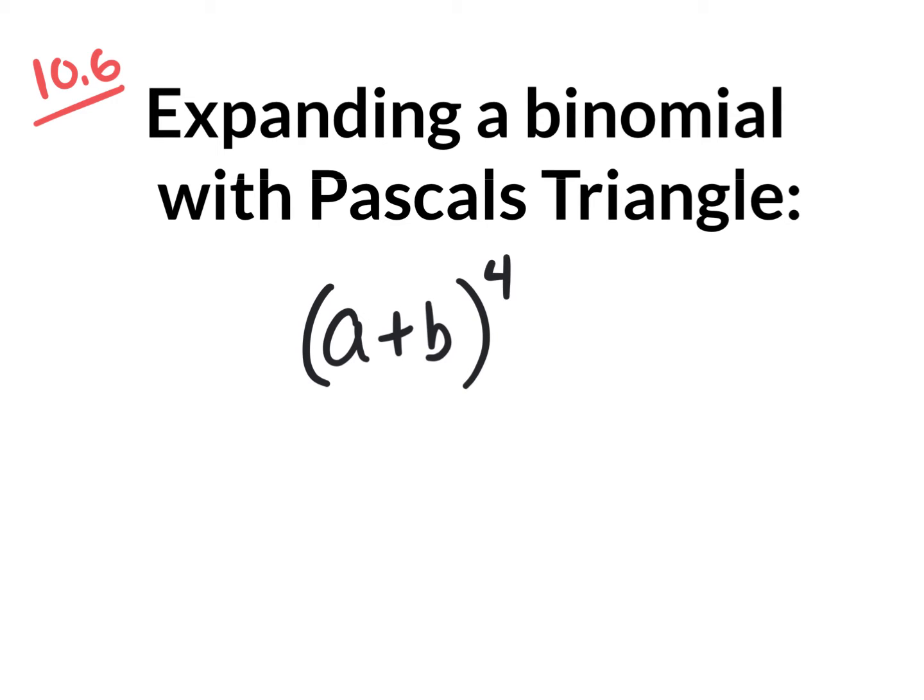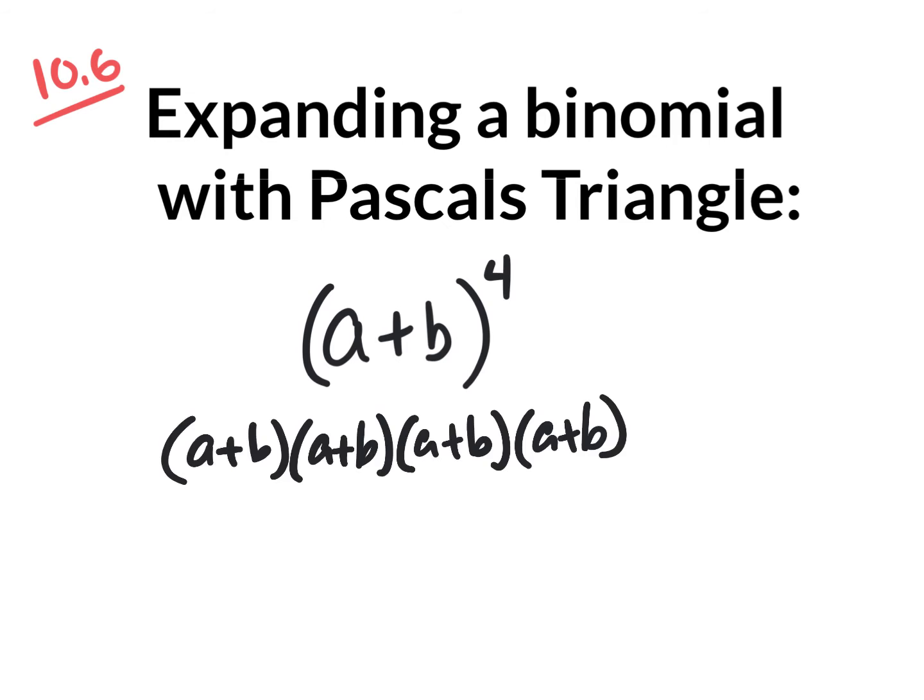If I were to actually ask you to simplify this, to expand it, it's going to take a long while, right? First thing is to understand that a plus b to the 4th power is this base, a plus b, times itself 4 times. And then after that, you have to distribute and combine like terms, and then distribute and then combine like terms, and then distribute and then combine like terms. I'm not going to do all of it, but I just want to give you a little taste of what